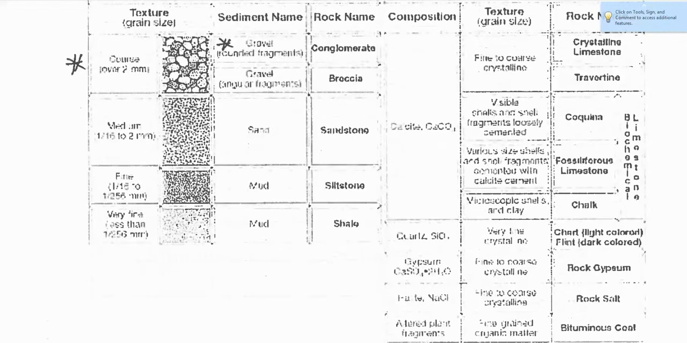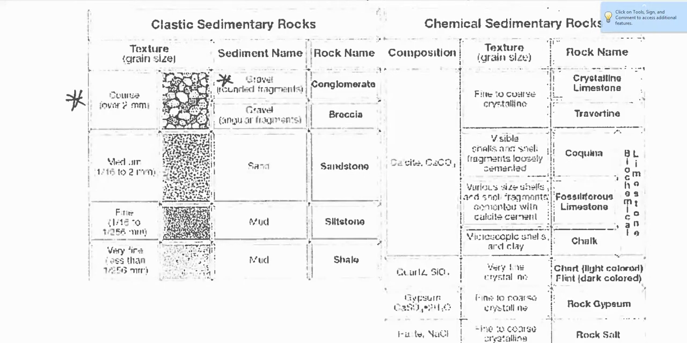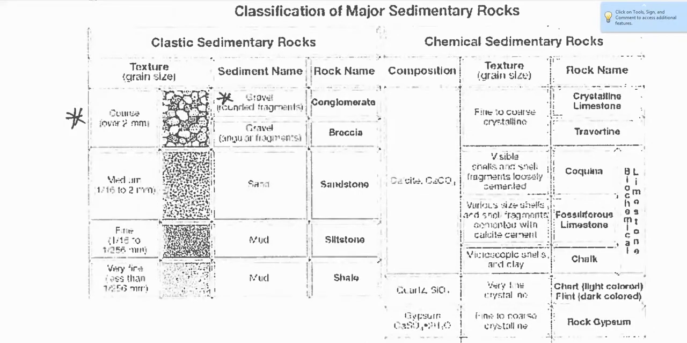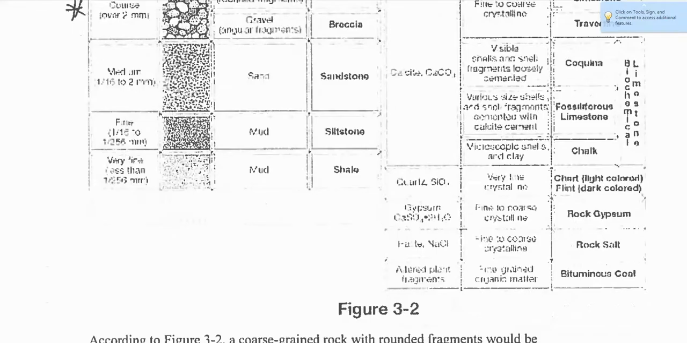Number 6, we just did a straight classification. And when we look at this, the first one, I'm going to go back and forth a little bit. Coarse grained rock with rounded fragments. This was actually the last lecture you did. And coarse grain, right in here, it says coarse, rounded fragments, and that rock is conglomerate. If it was coarse and angular fragments, it would be breccia. And this is straight up